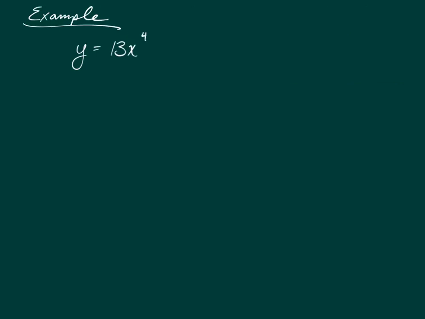So for this example, finding the differential is relatively easy. You're just taking the derivative of 13x to the fourth power. You'll end up with 52x cubed. And on this side there will be a dx, and on the left side there's a dy. These are the differentials separated out. Great. Well, let's see what happens when we find the linearization